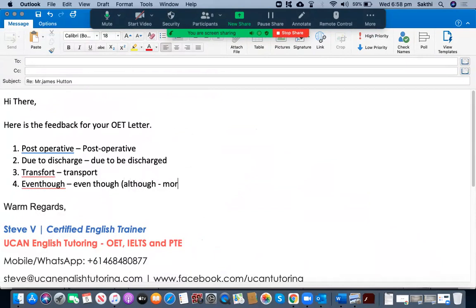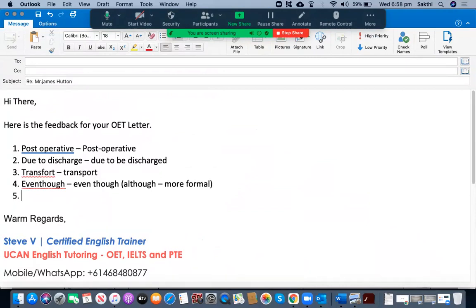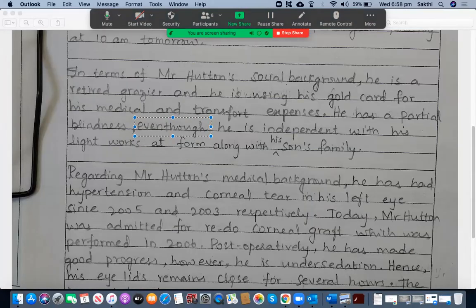"Although" is more formal. It is more appropriate. We need to work hard to make our letter as formal as possible. If we cannot achieve 100% formal, it is okay. If we can achieve 95% or 90%, as much as we can, that's fine. These are the obvious ways that you can stay away from being informal in your letter. Everyone can understand that. So you need to avoid using "even though" and "though." You have to use "although." "Although he is independent with his light works at